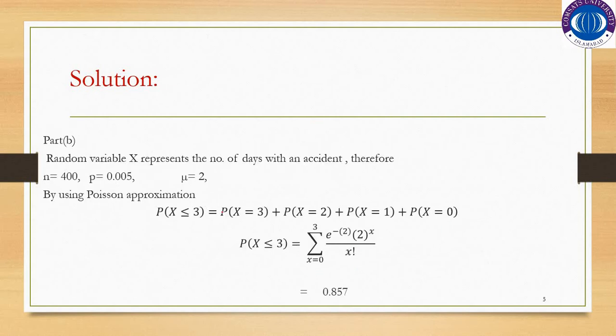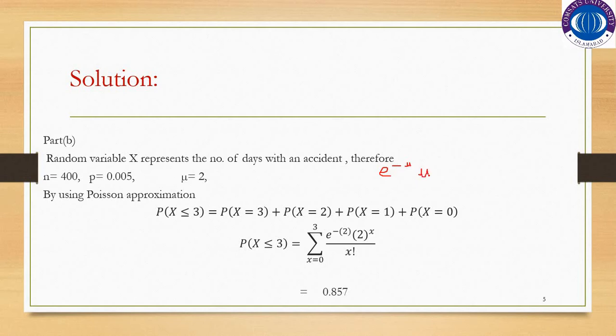So by substituting the values, mu is equal to 2, as we know, n is equal to 400 and p is equal to 0.005. By using Poisson approximation, probability x is less than or equal to 3 will be equal to probability x is equal to 3 plus probability x is equal to 2, probability x is equal to 1 plus probability x is equal to 0. By substituting the probability distribution function, which is e raised to power minus mu and mu raised